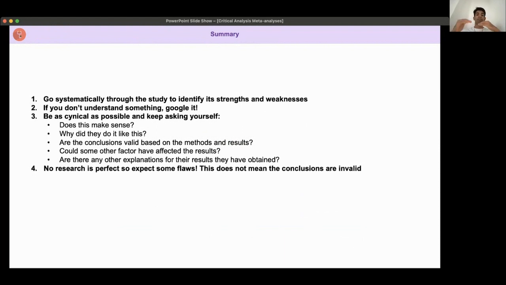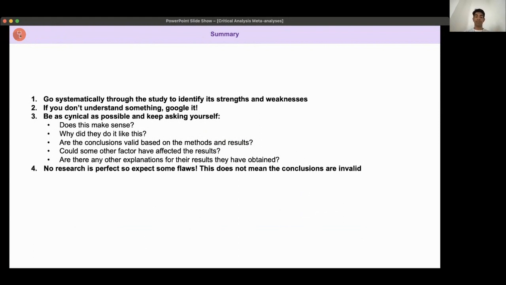Always think of these things, and you can always use this webinar as a checklist to see if you've checked through everything and whether they've done it well. Because you can go through me talking, and I've essentially gone through how I would critically analyze that paper. So you can use that format when you're starting off, and then as you practice more, because this is a skill, you'll be able to do it more independently.